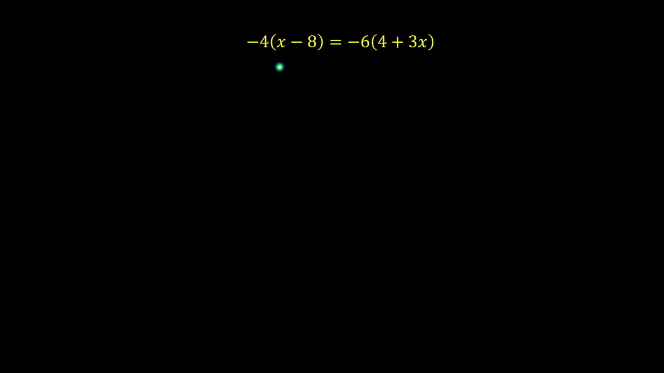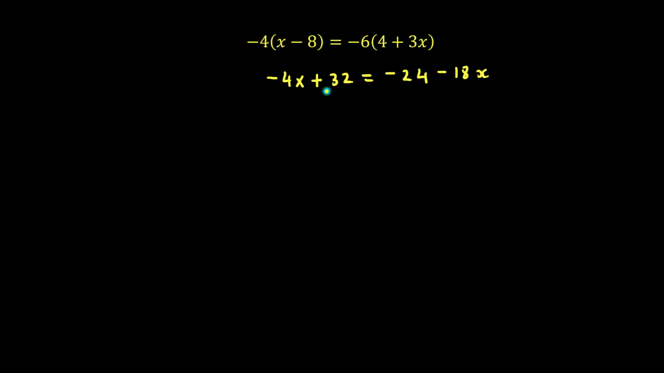Okay guys, here's another example. This time we have brackets, so we need to deal with the brackets first. In this, we need to be very careful with these negative numbers. So negative 4 times x will give me minus 4x. Minus 4 times minus 8 will give me plus 32. And that would equal negative 6 times 4, which gives me negative 24. Negative 6 times positive 3x will give me a negative